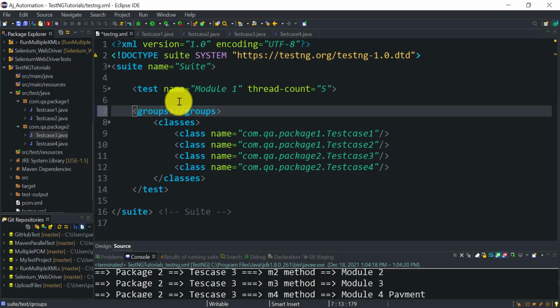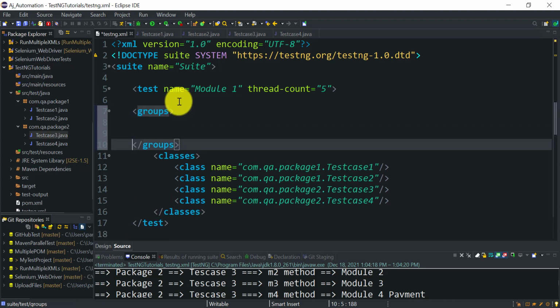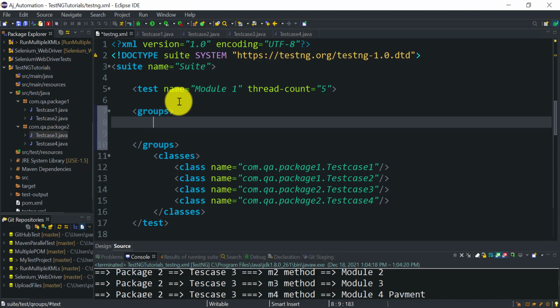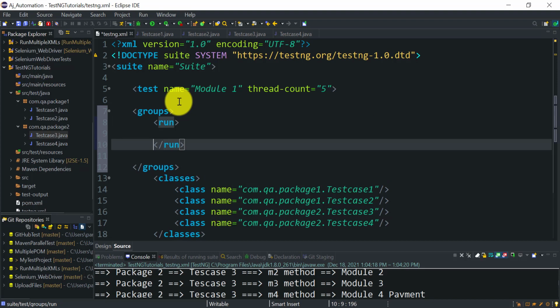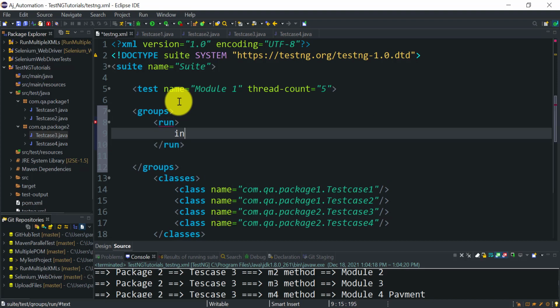Groups. Okay, so you need to write the groups, and inside this groups you need to use the run tag. Okay, run, and inside this run you just have to use the include tag, include name equal to. So here you just have to give the group name you want to run.